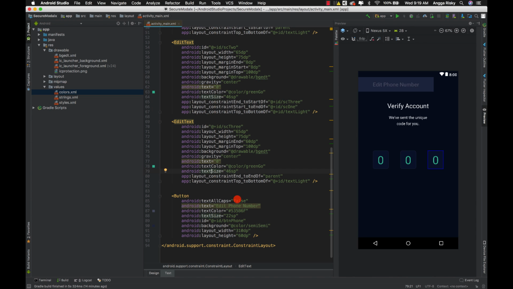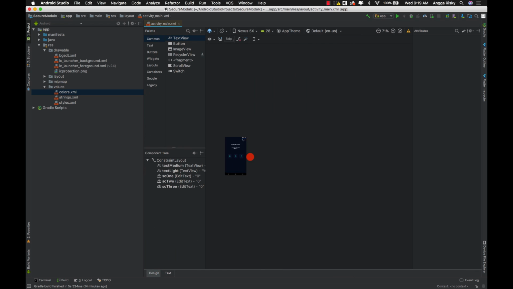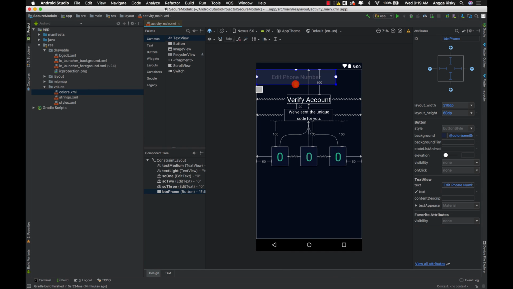Okay, cool. And I have to move this button to the bottom. And yeah, over here I have to give the margin right, and then I have to give a margin left.